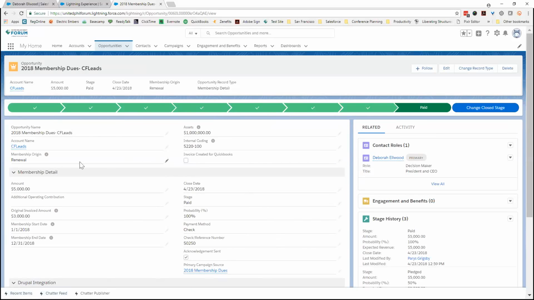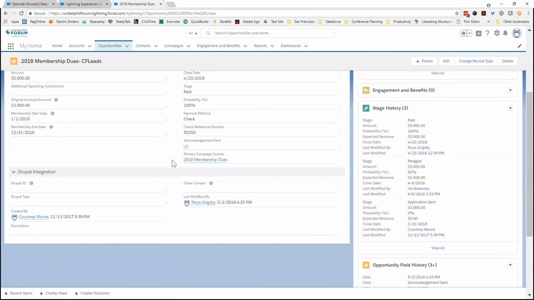For membership detail, you can track how much they've paid, if it's a renewal or a new membership, or they're a returning member, and the membership start and end date. You can track the payment information. You can put it all into one campaign,